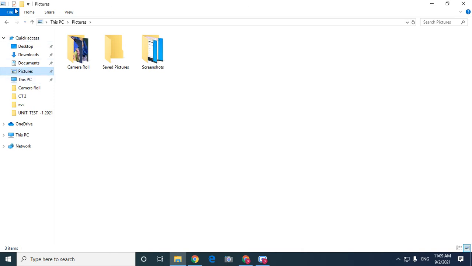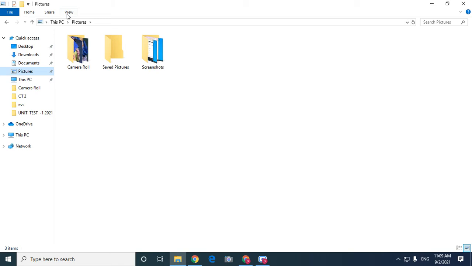This File Explorer window has the following parts. This is called the ribbon. The ribbon of File Explorer usually has 4 tabs: file, home, share and view. These tabs let you create new folders.